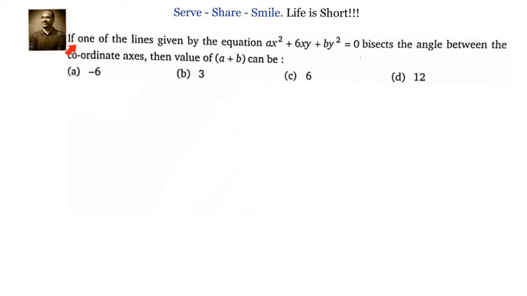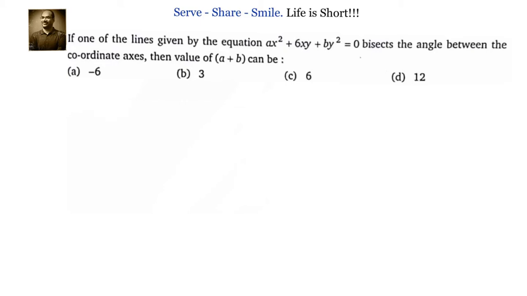If one of the lines given by the equation ax square plus 6xy plus by square equals to 0 bisects the angle between the coordinate axes, then what will be the value of a plus b? Now, we know ax square plus 6xy plus by square equals to 0 is a pair of straight lines, and